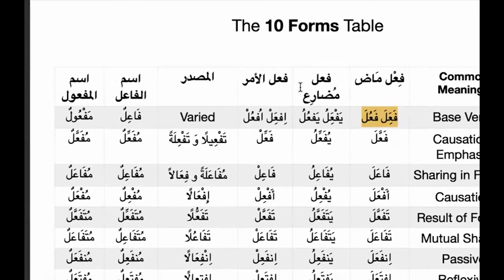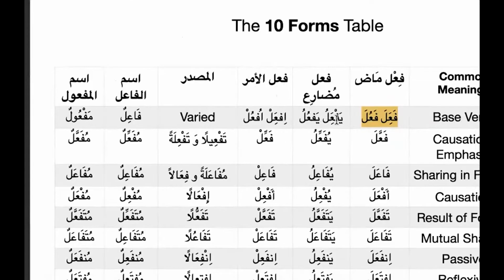فعل ماضي is the past tense. فعل مضارع is the present tense. فعل الأمر, this is a command tense. Okay, the command tense, imperative. And the command tense is taken from the mudare, meaning forming the command tense, the fi'l al-amr, is taken from